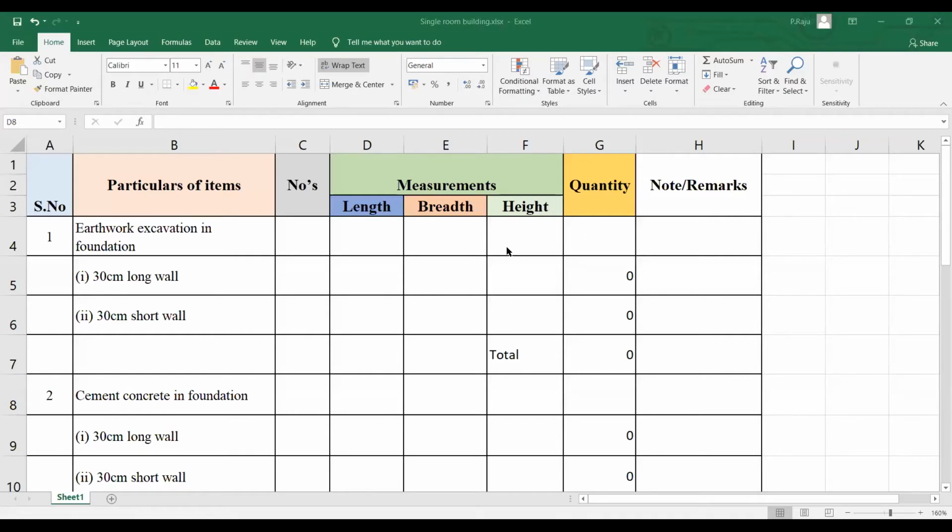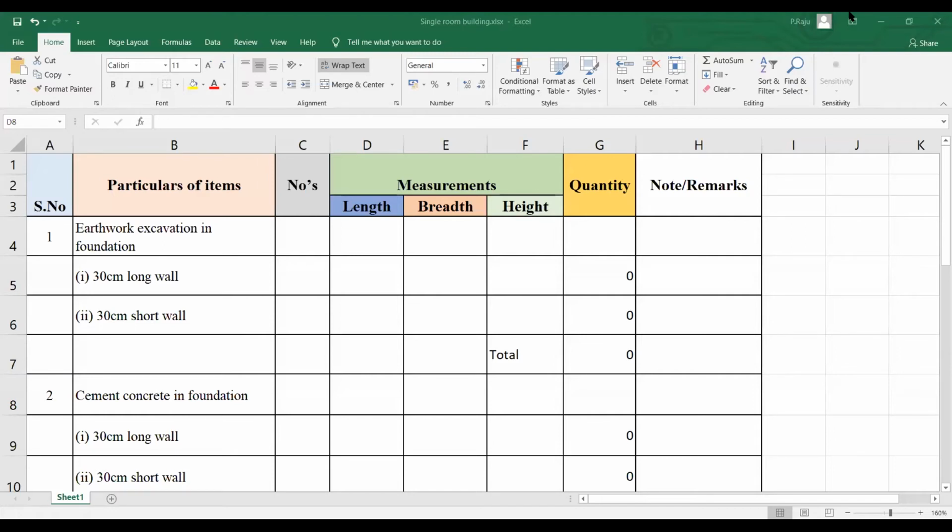Okay, this is the measurement book or the measurement column which we are going to take. Okay, so after getting all the things, breadth and height are obtained from the cross section. Okay, length is obtained from the long wall and short wall, etc. Okay, so the plan at that particular level will give you the length. So this is what we have seen. Okay, is the screen visible? The Excel sheet, is the Excel sheet visible?